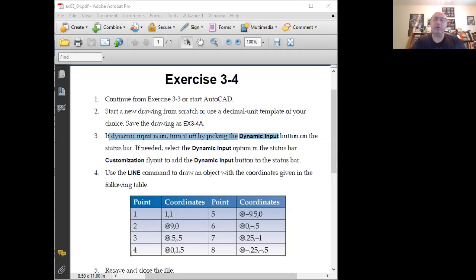Pretty straightforward. So the big difference between absolute coordinates and relative coordinates is that @ symbol, and relative coordinates measure from the last place you were instead of from the origin. Okay, hopefully that's not too confusing. So end share, and